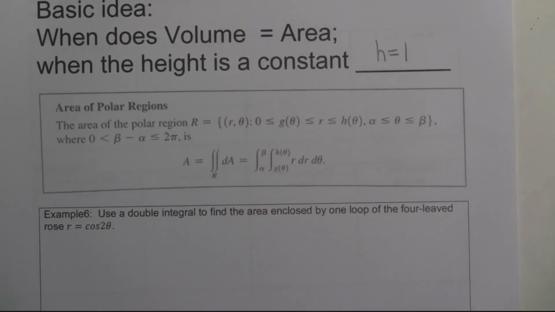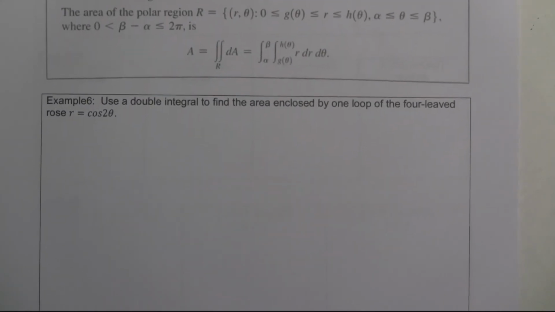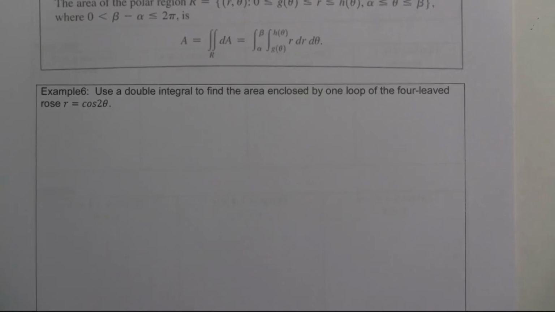And then you will really be finding a volume, but you'll really be finding the area. So they asked me to use a double integral to find the area enclosed by one loop of the four-leafed rose, r equals cosine of 2 theta. And so first I have to draw that sucker. And I want to get one complete leaf on